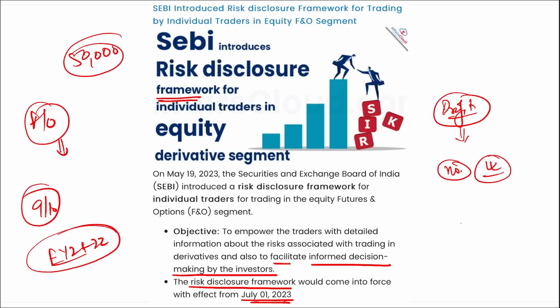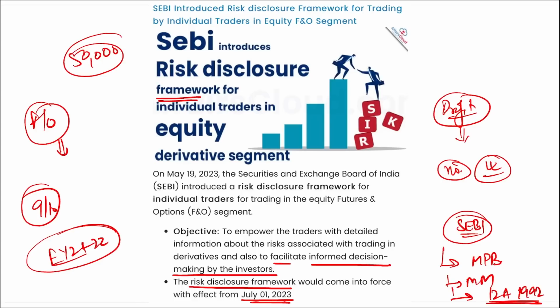Right? Then if we talk about SEBI, that is the Securities and Exchange Board of India, SEBI's chairperson is Madhabi Puri Buch. Headquarters is in Mumbai, Maharashtra, and it was established on 12th of April 1992. Right? Next